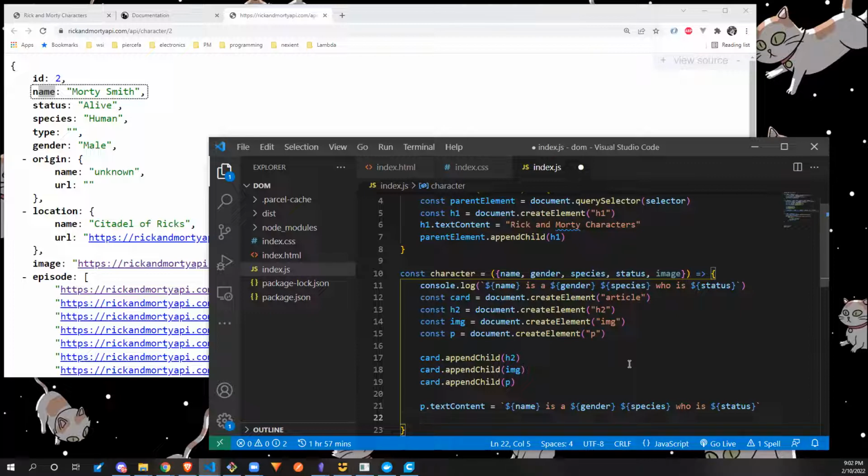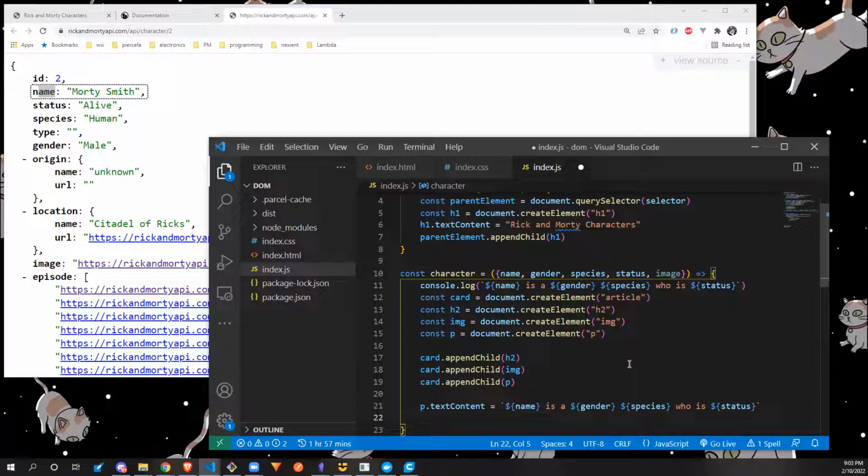Yeah, so on an H2, if you wanted to do a link inside of the H2, you would have an anchor tag inside of the H2, and then the content would go inside the anchor tag instead of in the H2. So the H2 would be blank for textContent, but your anchor tag would be the one that has your